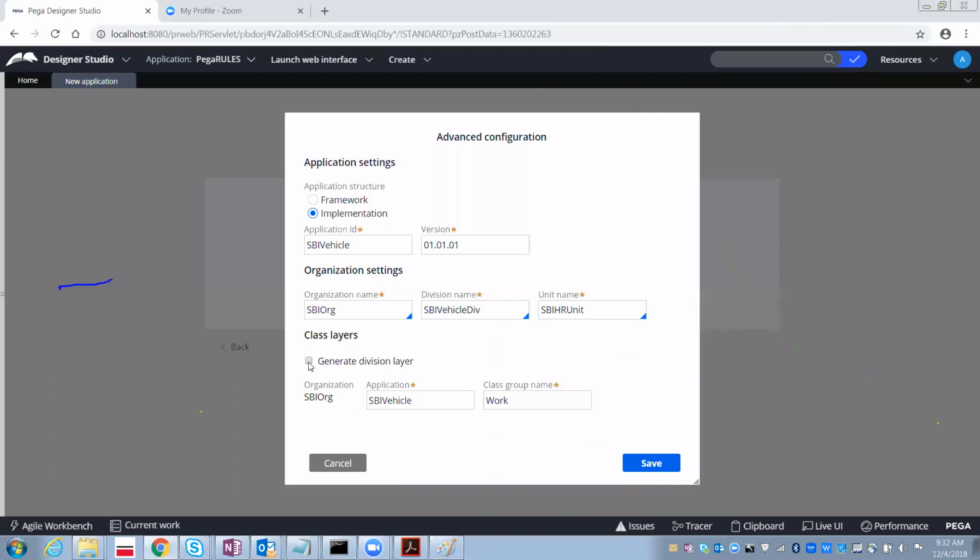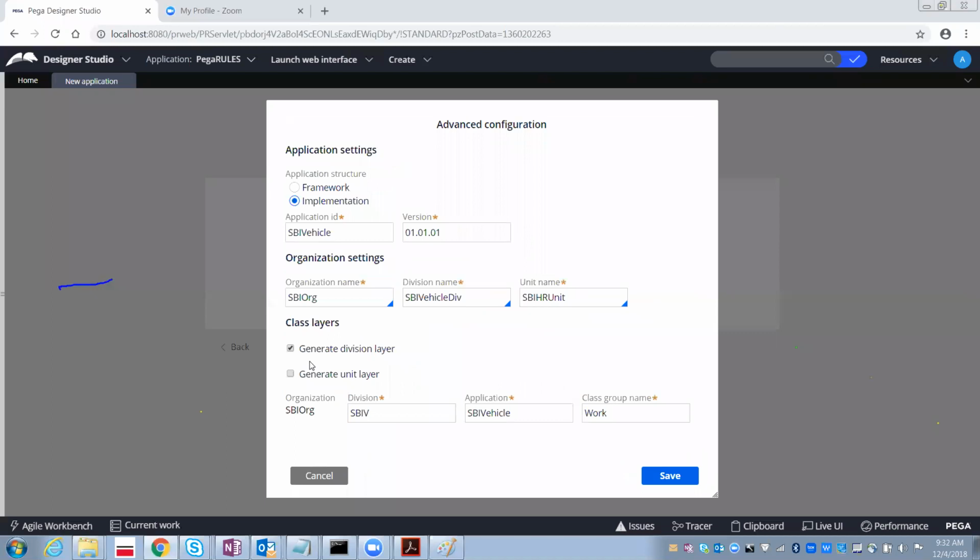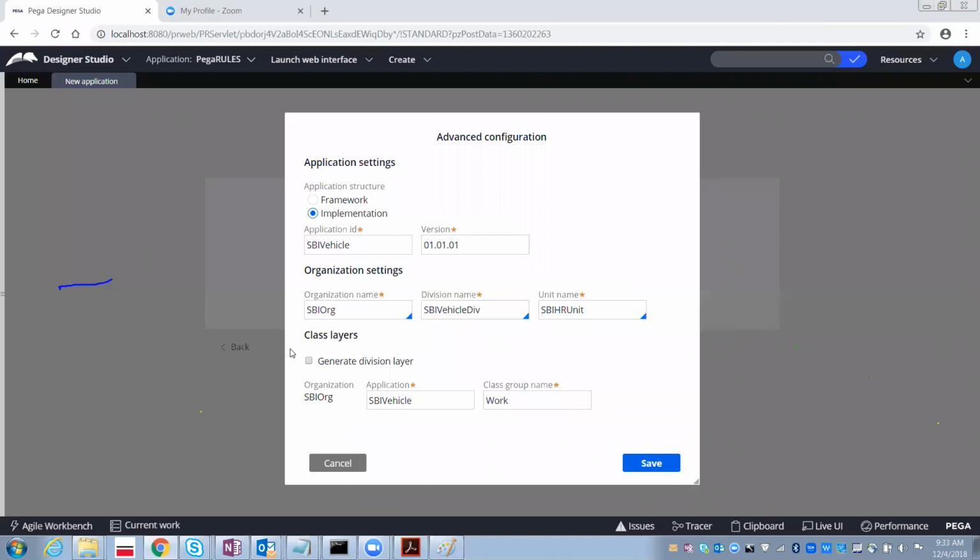Generate division layer. When you select this generate division layer, it is also asking, do you want to generate the unit layer? And it is refreshing whenever I select the checkbox, so you get to know what exactly it is adding. When you remove this checkbox, it only has SBI ORG, the application SBI vehicle, and then the work class.